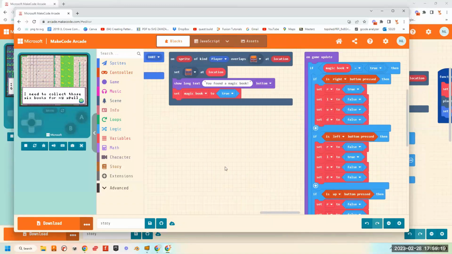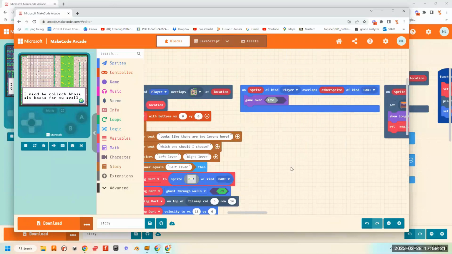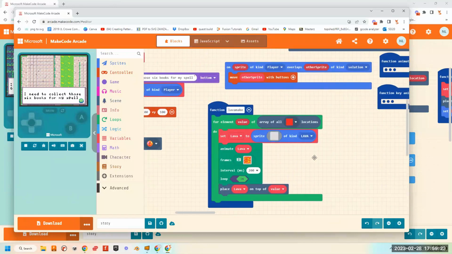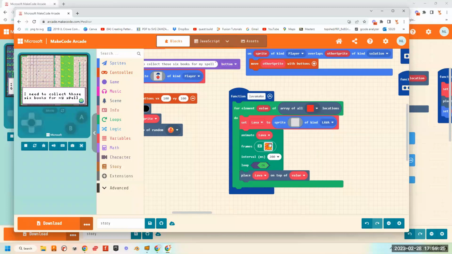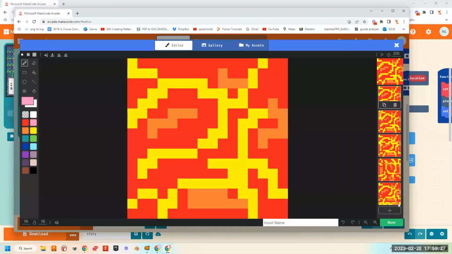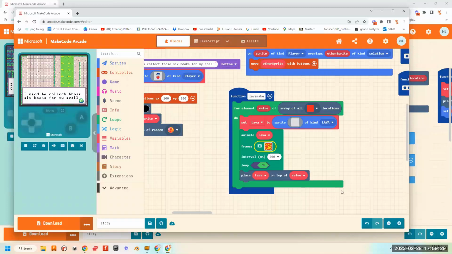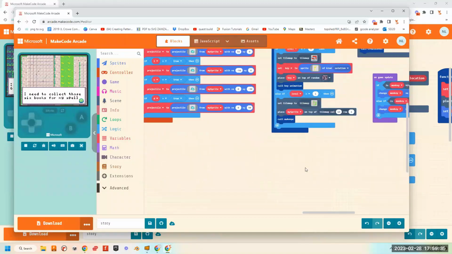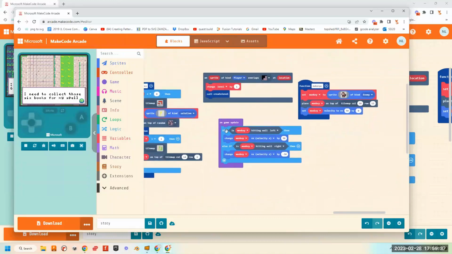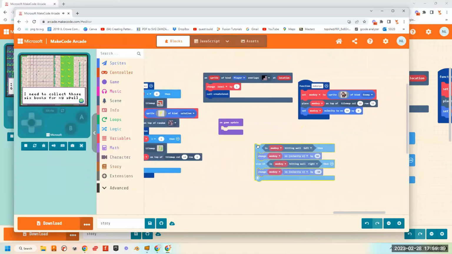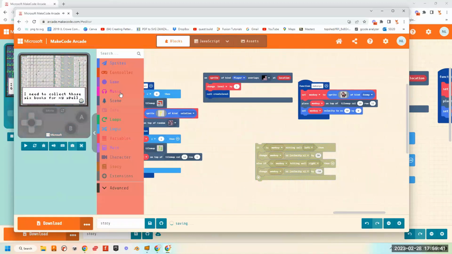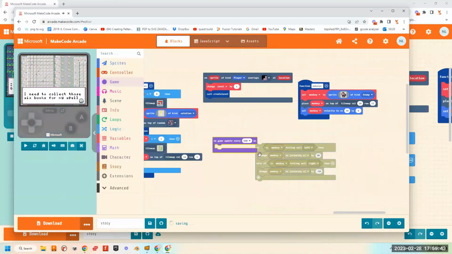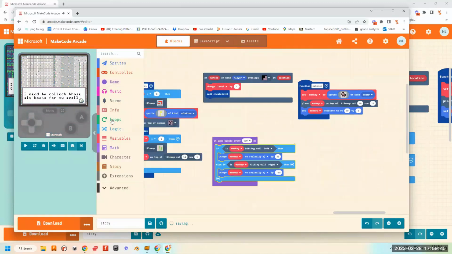I'm wondering if it's something to do with this lava code here messing some stuff up. I haven't seen this problem before. I'm trying to figure out exactly what it is. The game worked until we added a second on-game update. So maybe I'm wondering if this on-game update, if we run it, let's just see. I don't know if this is going to be a solution to our problems, but